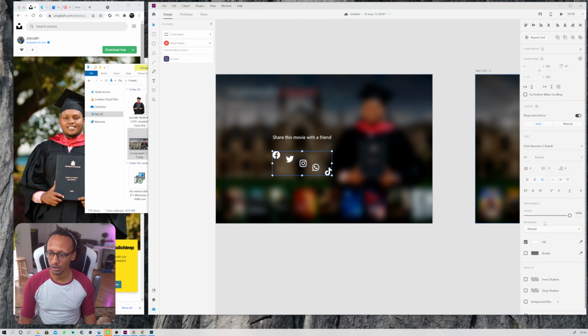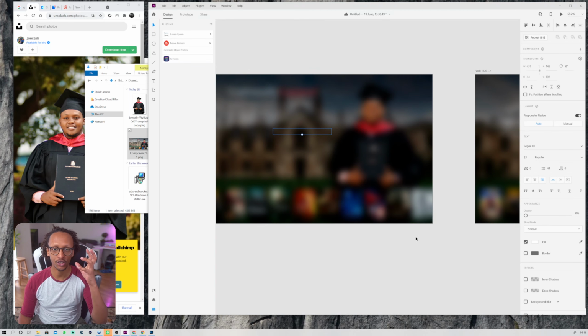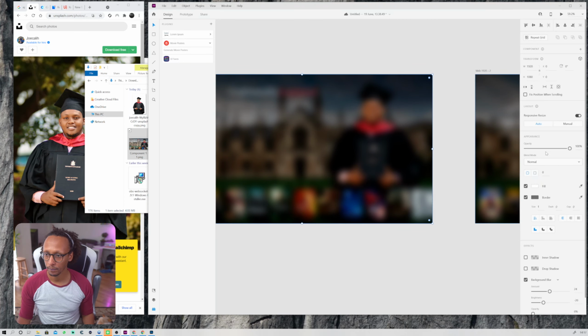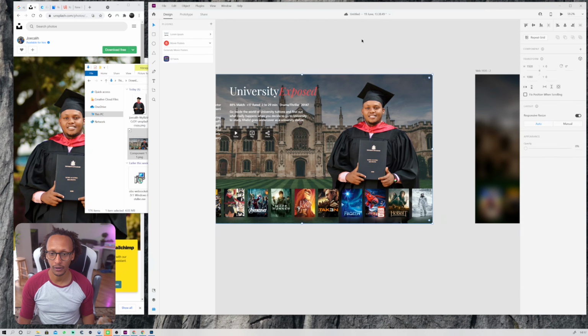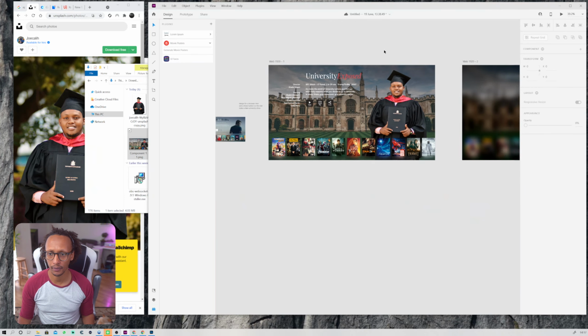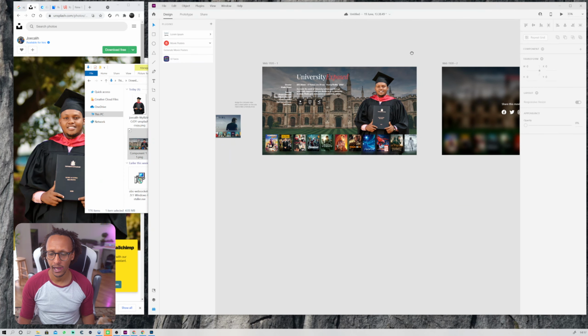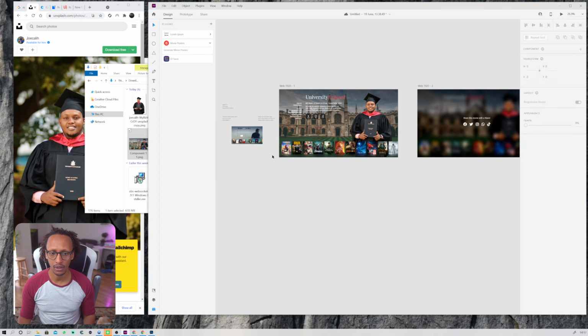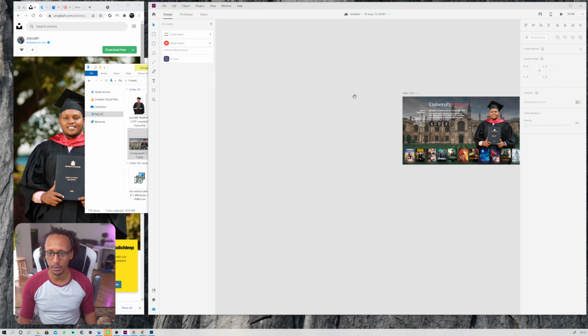So if I turn the opacity off for this, and then this, we're essentially imagining the animation. I'm going to want the text up to come from the top down, and I want these icons to appear one after the other. This guy also is blurred out. Maybe I don't need this anymore, so delete that. Maybe do one more screen